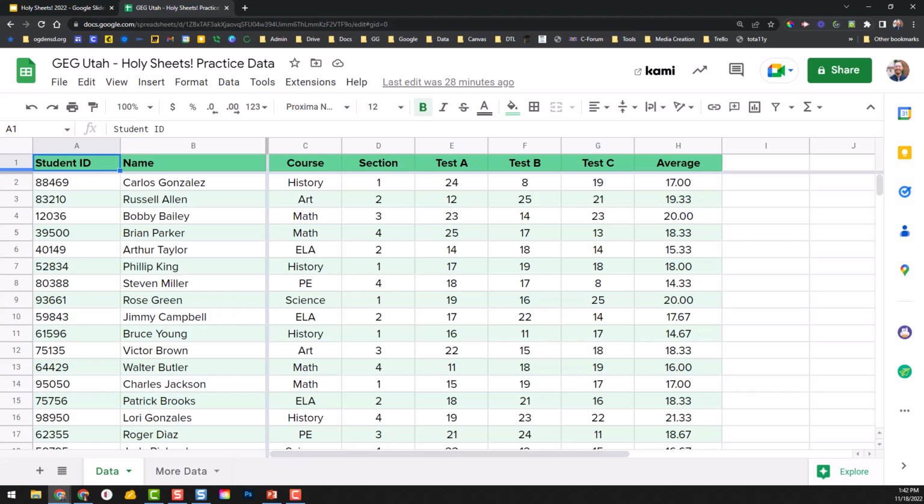Here we are in the practice data set that we've been using. We have students, courses, and some assessments. In our last video, we also added an average, so you're seeing that here as well. What we're going to look at today is how to add some conditional formatting to take a look at specific colors that go with whether a student is doing well or maybe struggling